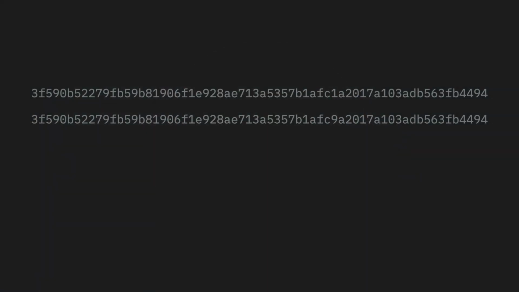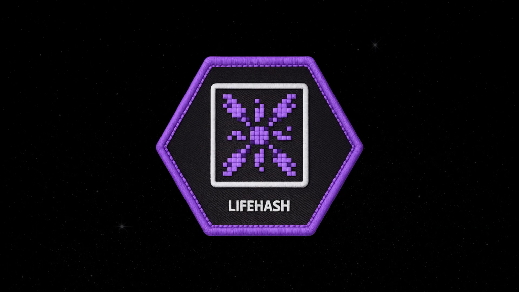Cryptographic keys, seeds, addresses, they're all long strings of characters. You can't tell one from another by looking. Lifehash fixes this by turning any piece of data into a unique visual icon. Here's how. It takes a SHA-256 hash of the input, uses that as a seed for the famous cellular automaton known as Conway's Game of Life,